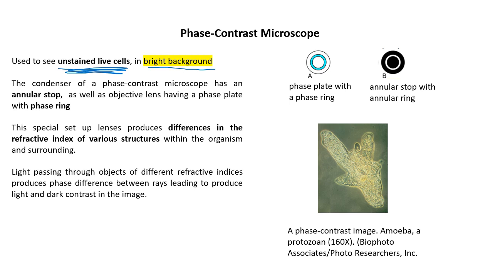With a bright background. And how is this produced? In earlier dark field we used one stopper. Here we are going to use two stoppers, one with the objective lens and one with the condenser. The phase plate is attached close to the objective lens, and the annular stop with the annular ring is close to the condenser lens. In dark field microscopy only one stopper was there. Here one stopper is with the condenser as well as a phase plate with the objective lens, and this special setup is going to produce the light